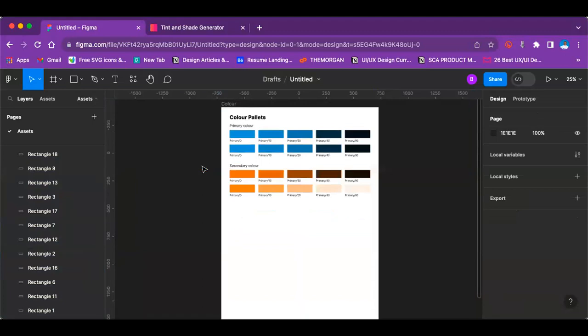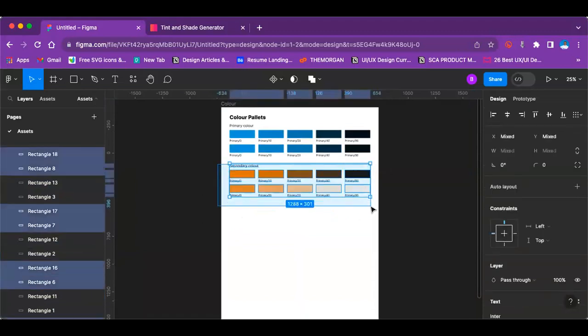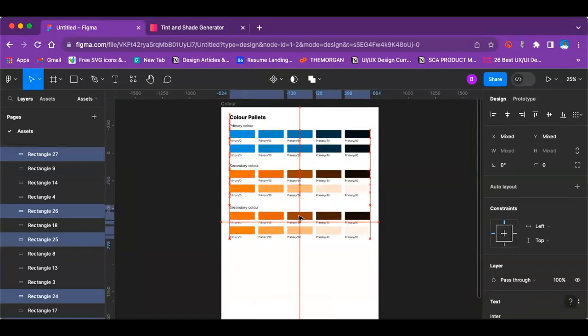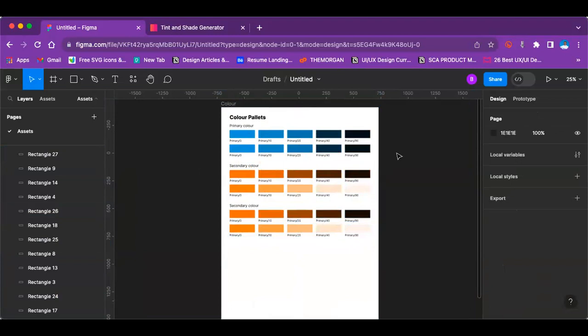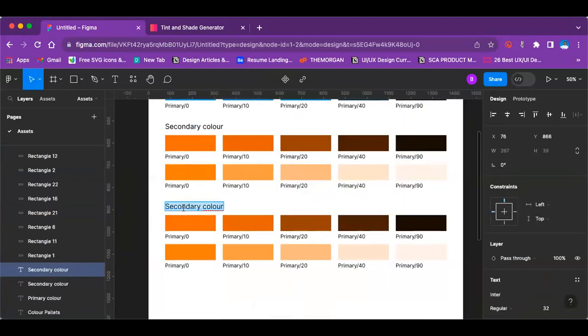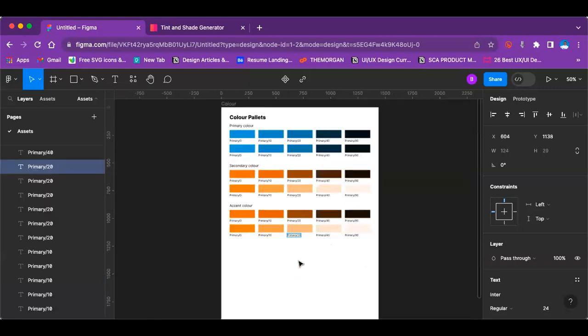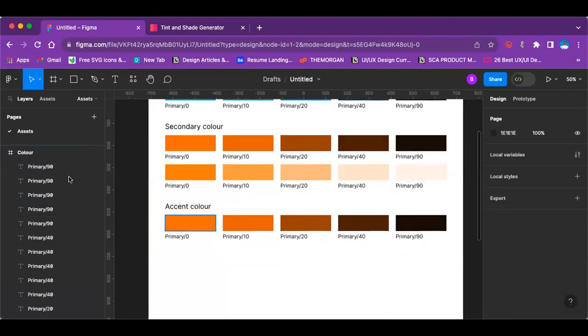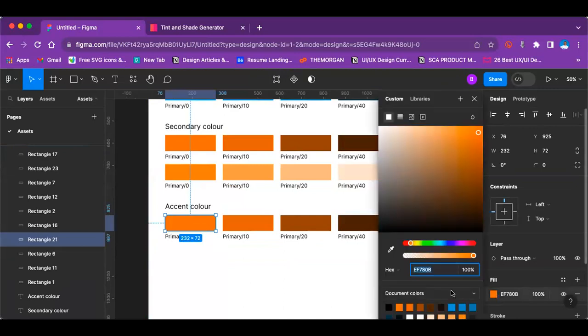Now, the next one is I'll get my accent colors, the different accent colors that I want to use. So yeah, I'll just name it accent colors. For this, I'll just remove the second rule because I won't need them. So for the accent colors, I'll need